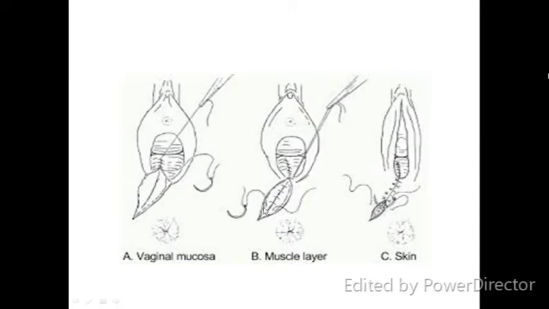In muscles, interrupted sutures are used. See, this is continuous and this is interrupted. In muscles we use only approximation. Only approximation of muscle is very important. Don't do very tight suturing. This is what I am telling about, suturing without tension, because it may cause so much pain to the patient. And after that, third is the skin.